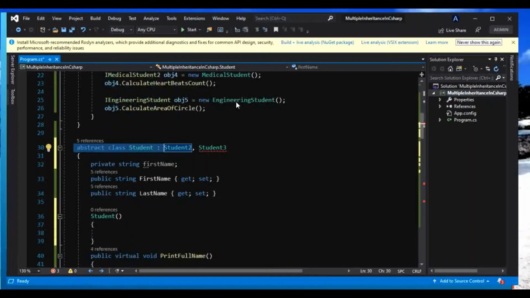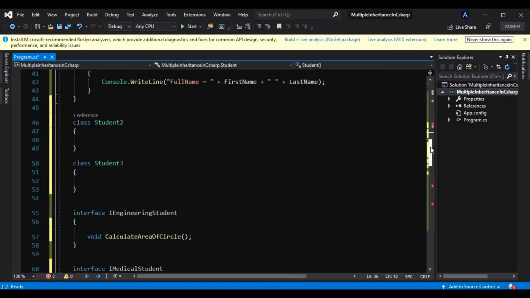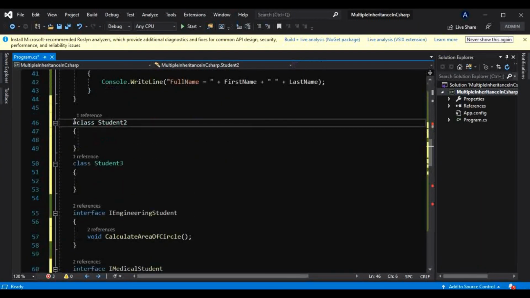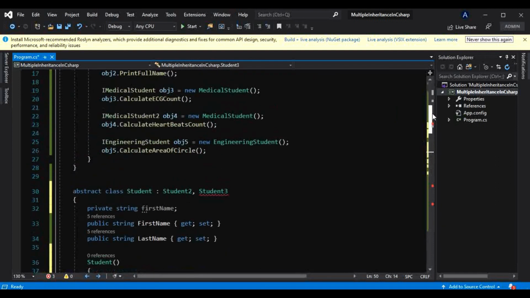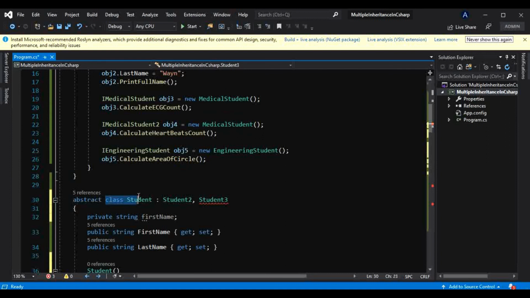Okay, so basically what it is saying, if I make both these classes abstract, that will throw the same error. This class, which may or may not be abstract, if I remove this, this class can only extend one abstract class and not two.